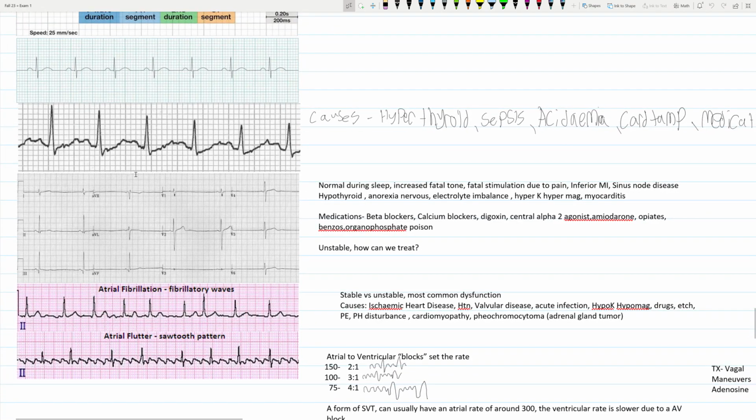Sorry about that little interlude. We're going to come back to the bradycardia section here. Some common causes of normal sinus bradycardia: sleeping. So